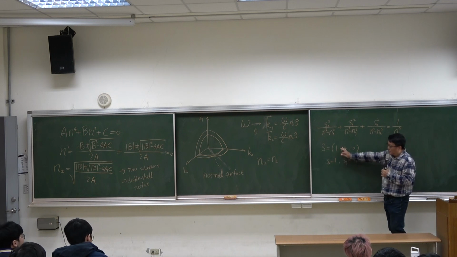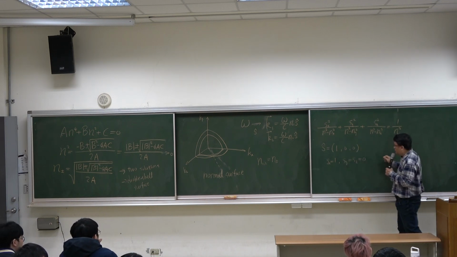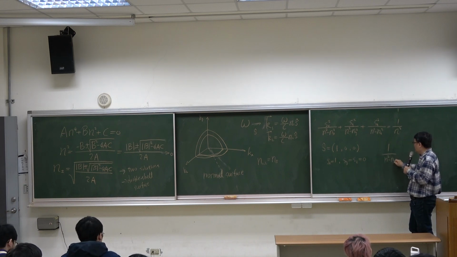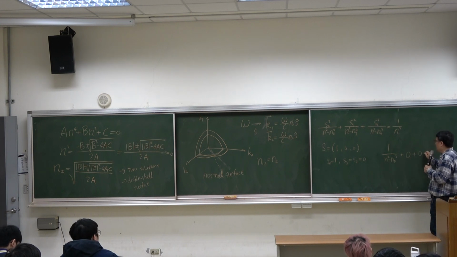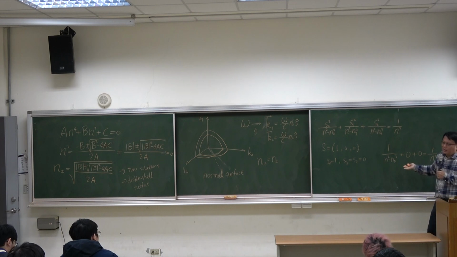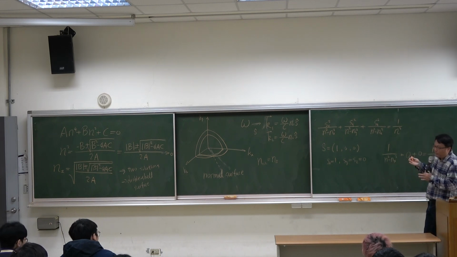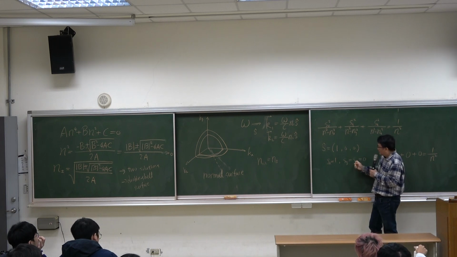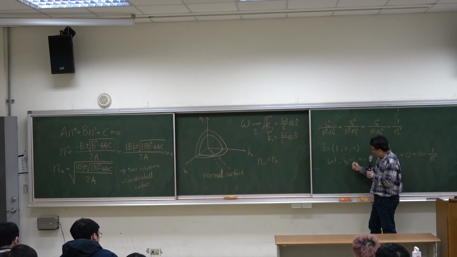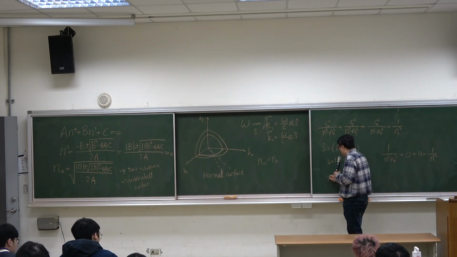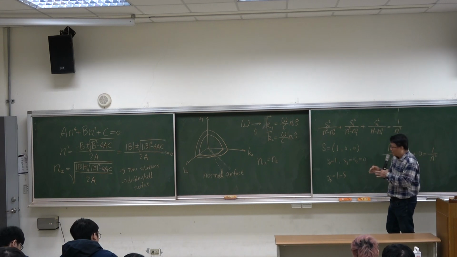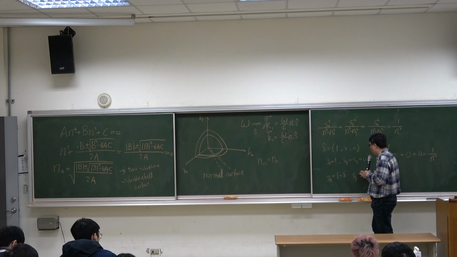If you substitute all these components into this original equation, you get something that seems wrong: 1 over (n squared minus nx squared) plus 0 plus 0 equal to 1 over n squared. This cannot be correct. So there must be something special happening. Why is this? We know that if we don't just substitute 0 into this equation, but consider Sx equal to 1 minus delta, where delta is a very small quantity, and try, for example, Sy equal to